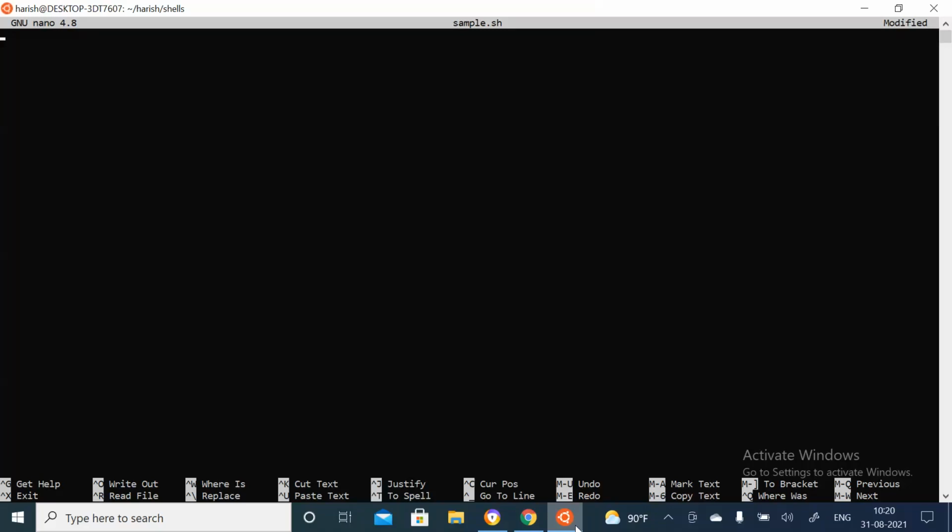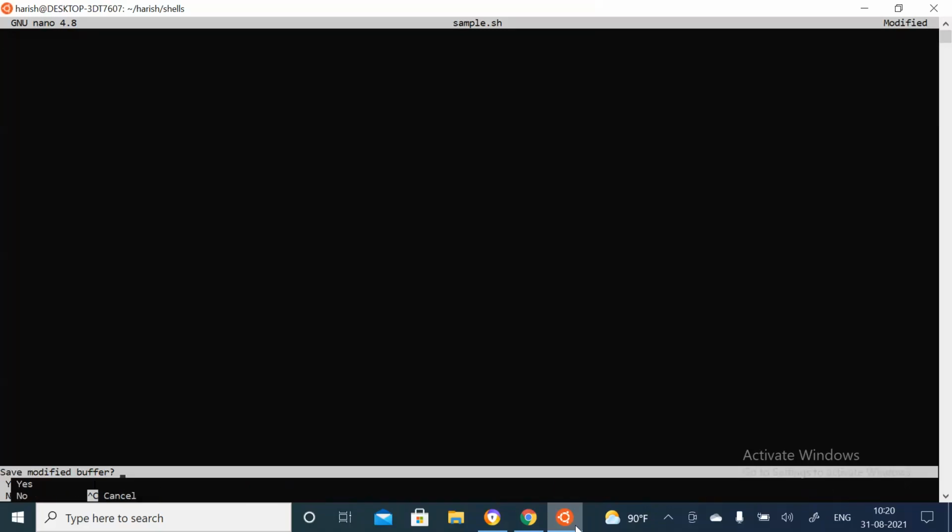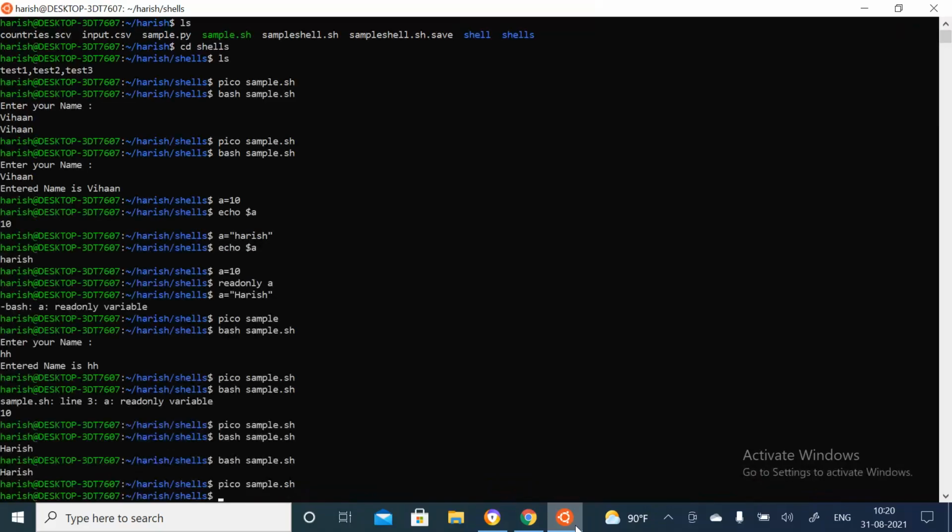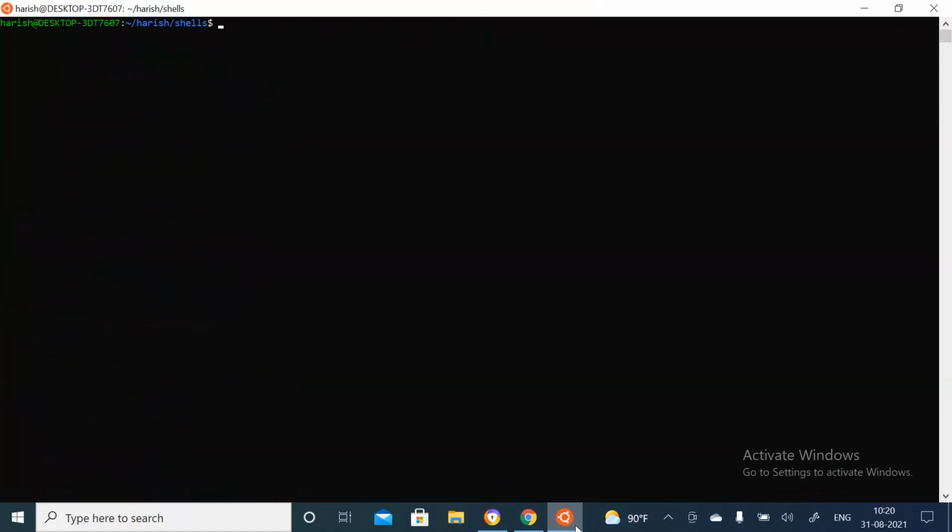One best example I'll just show you here. Here that sample.sh is a file we have, and these three files in this folder. Now we'll try to create a folder with a shell script, and also create a file with a shell script.